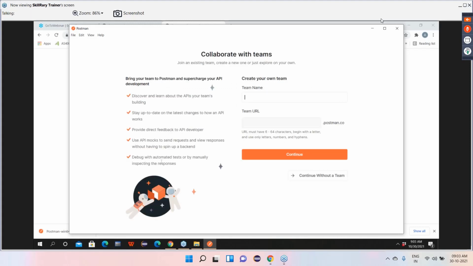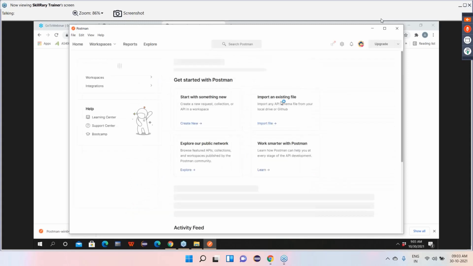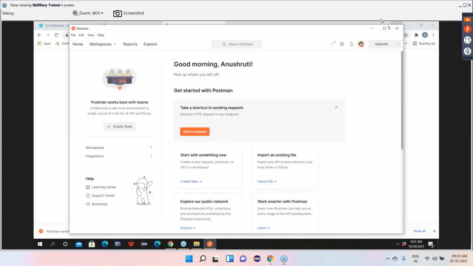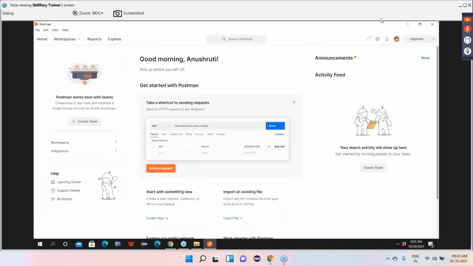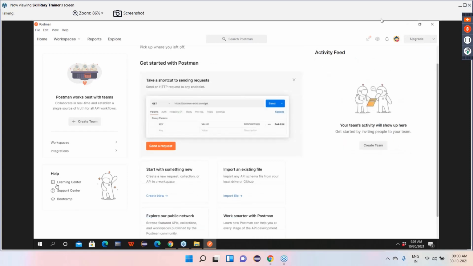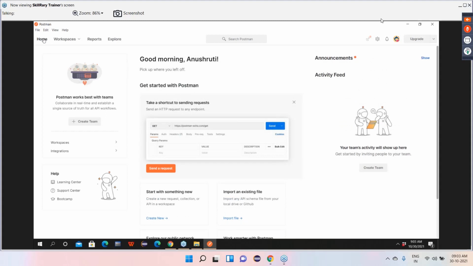Now, if we want, we can create our own team, then we can do a team URL or something. But right now we don't need that. So now continue without team. Finally, guys, you are here in Postman. In that you can go to home.